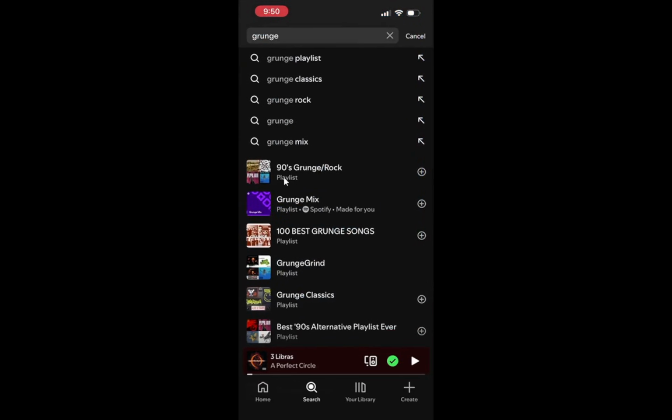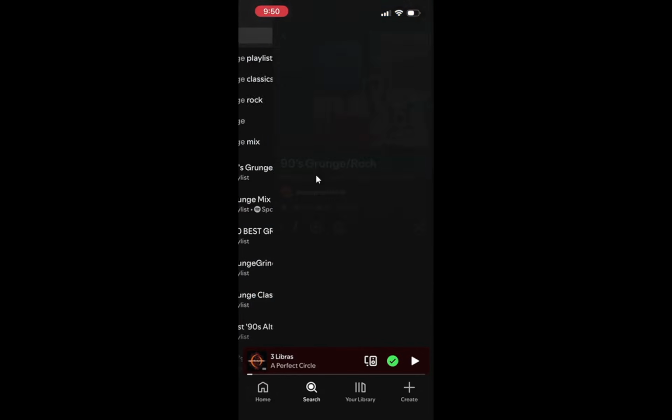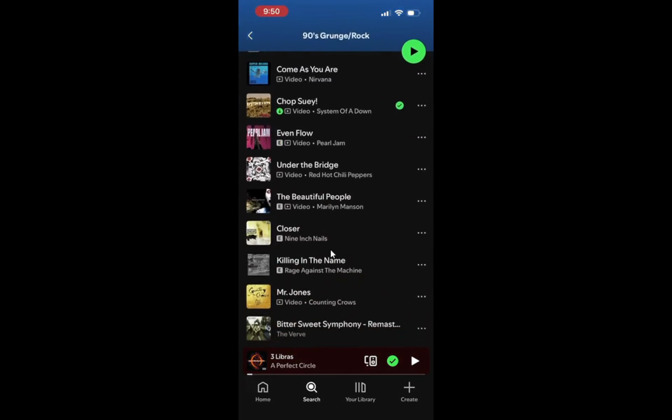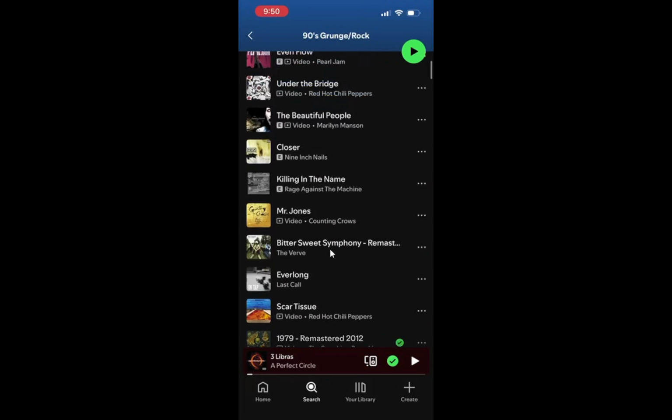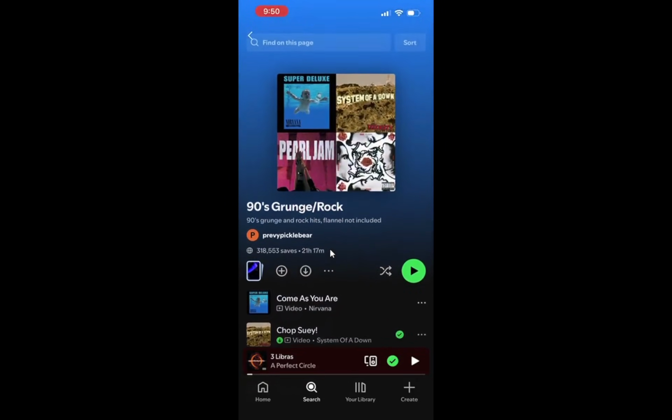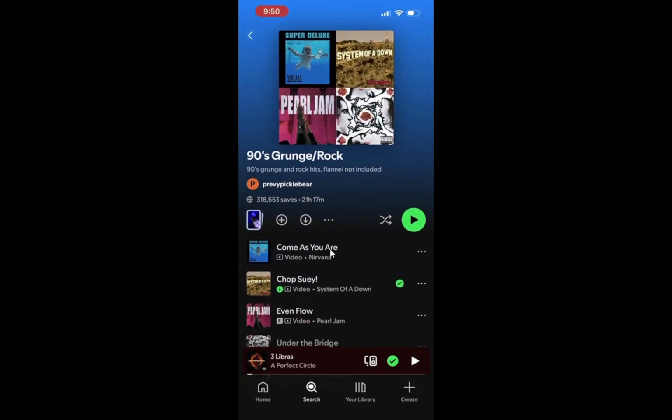The playlist page fills the screen, showing the title at the top, the cover image, and the list of songs below. You should also see a big green play button, and somewhere near the top or just under the artwork, an option to add or save the playlist. If the playlist is long, do not worry. You do not need to scroll all the way through it to save it.